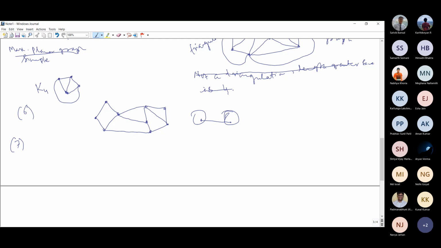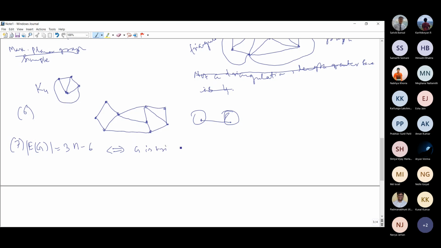They are all equivalent for a maximal planar graph. Easily, you have to prove that these three statements are equivalent. These are true for planar graphs actually. The number of edges is 3n minus 6 if and only if these statements are equivalent, that G is